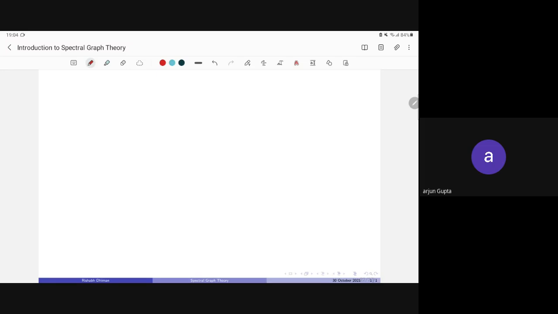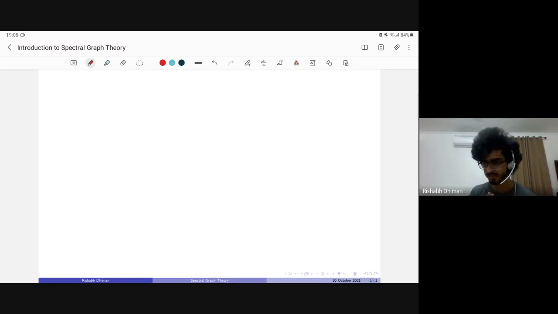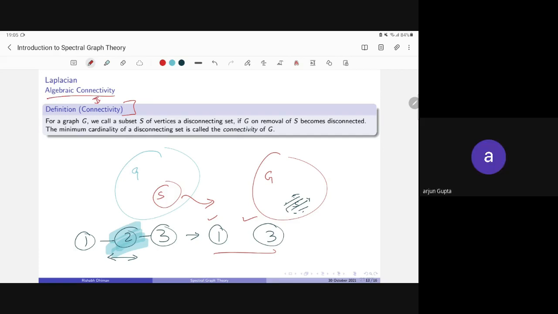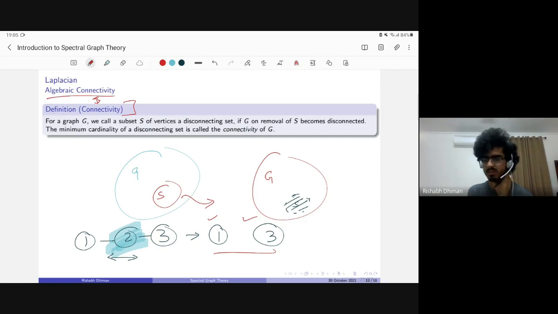But from the original definition of that eigenvalue stuff... Yeah, so I am defining connectivity here, and that eigenvalue is called the algebraic connectivity. You call this the algebraic connectivity because you get it from the eigenvalue stuff, and it is closely related to the connectivity. So these are two separate things. Is algebraic connectivity not always an integer? Yeah, it's not guaranteed to be an integer.